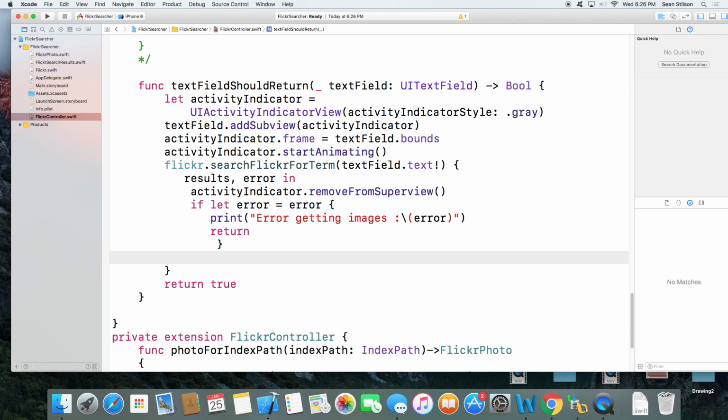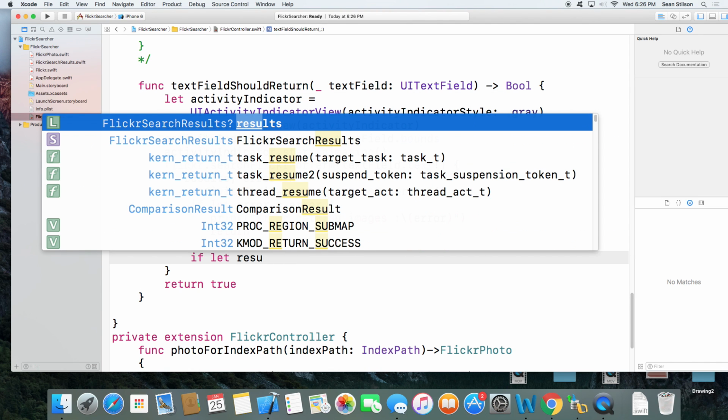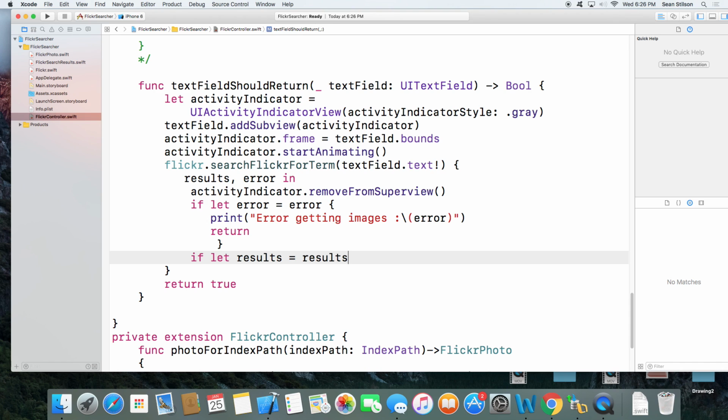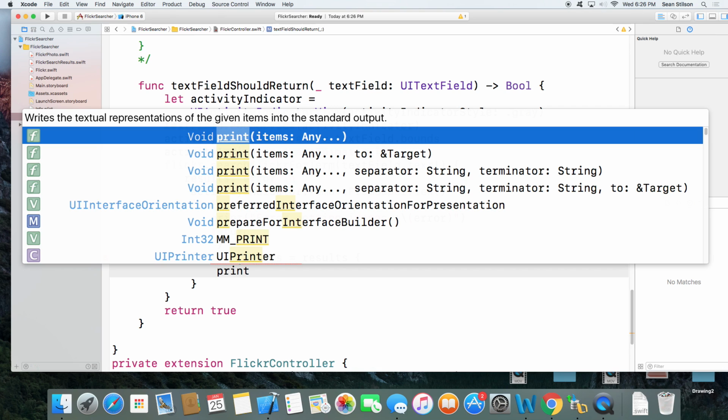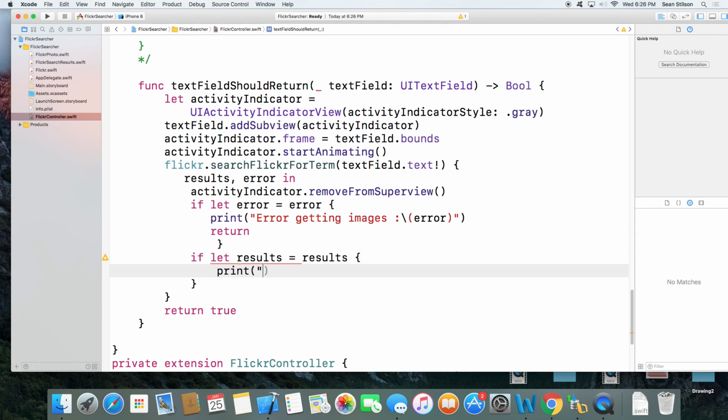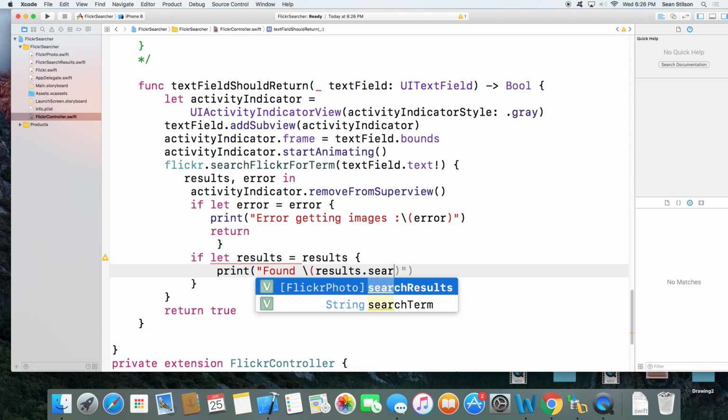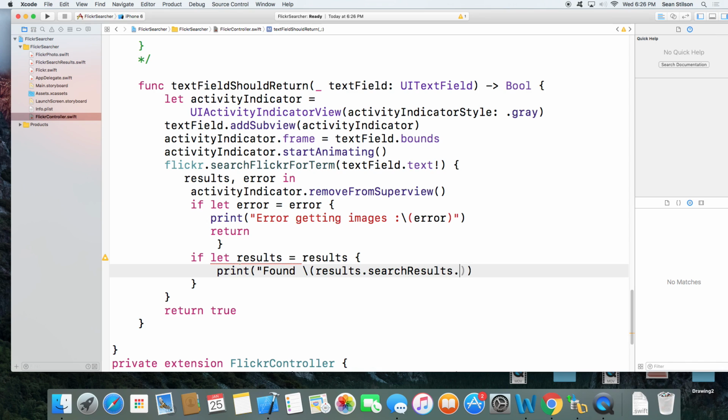Now that we've gotten past that, in other words, error is nil. That means everything was, at least we didn't generate an error. We may not have results, so we have to do a check for the results too. That's like saying if the results are not nil, then for right now we're not going to do anything with the results just yet, but we'll say found results dot search results dot count. So this will tell us how many hits we got, or how many we got returned, matching